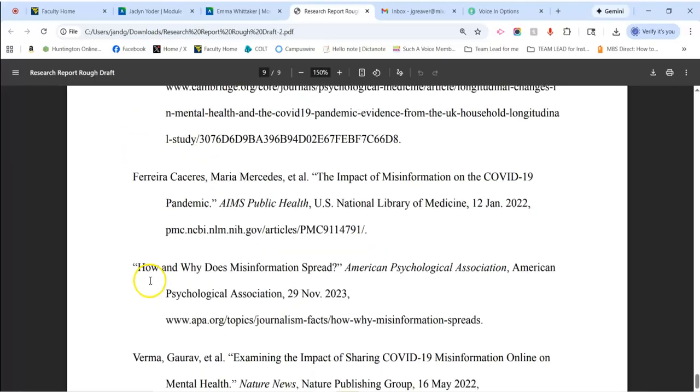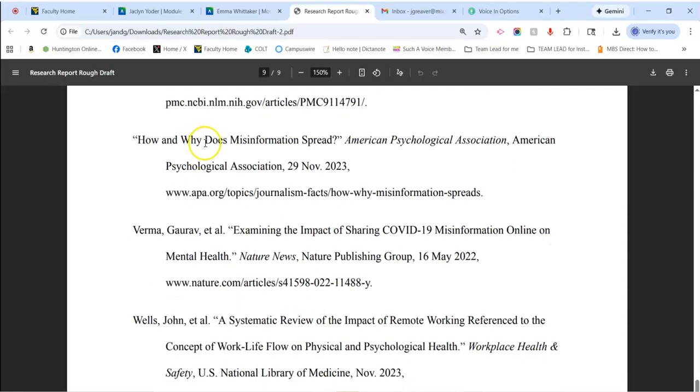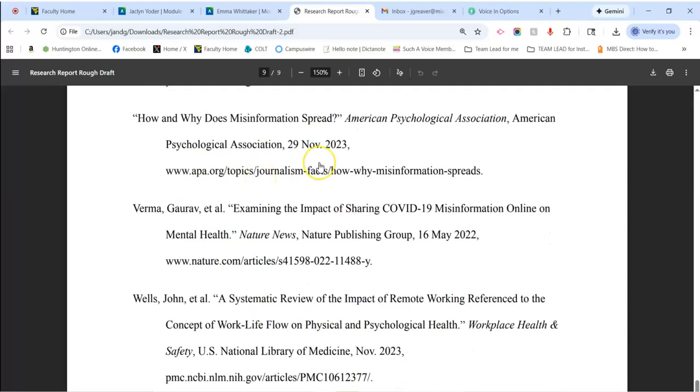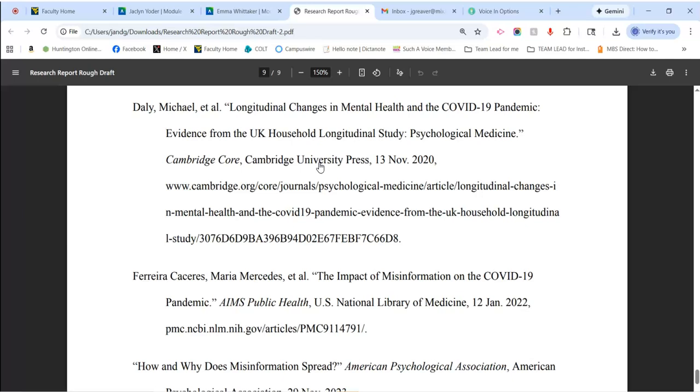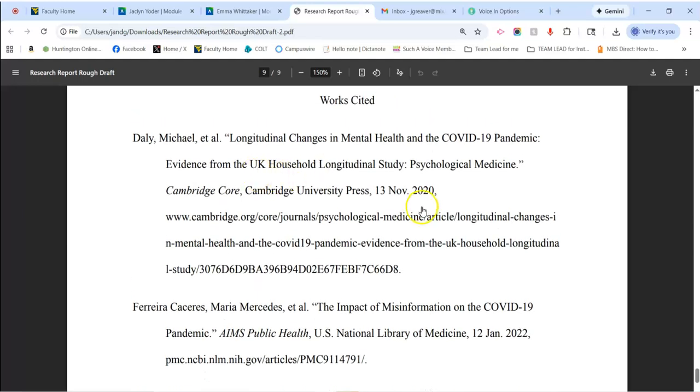D, F, G, H. Okay, so everything's in alphabetical order, and all your entries look good except for that excess spacing. And also, you don't want to have this kind of spacing here. You want to try to keep it all closest to the right margin as possible until you get to the last line, where you usually can't help it being short. So you'll want to take some of this and move it up to here.